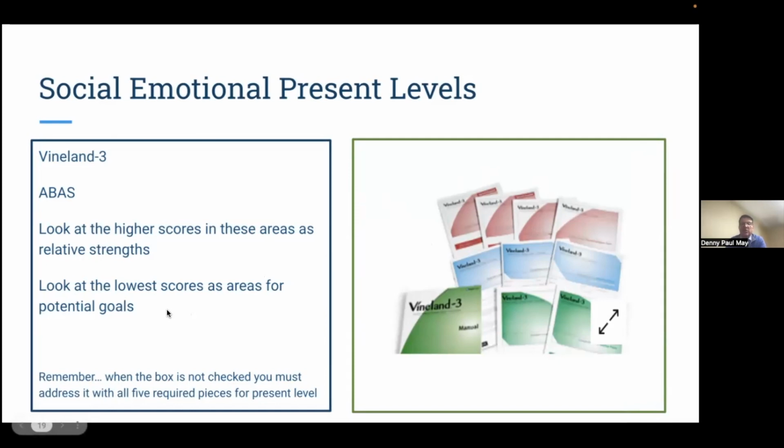And I can say to you that if you can't check the box in this particular area, remember the IEP's purpose is function. We need to be writing goals for these students that have intellectual disabilities. When those scores are 77.5 or below, or 78 or below, we need to be really looking at turning those into potential goals.